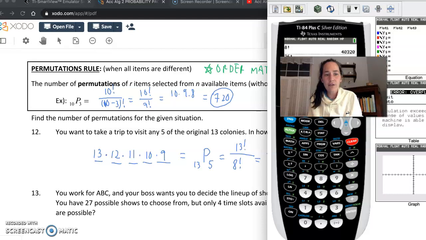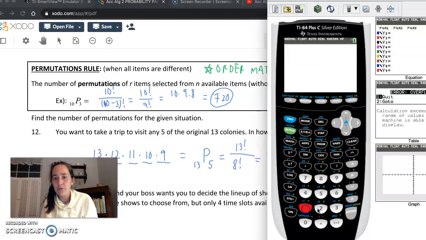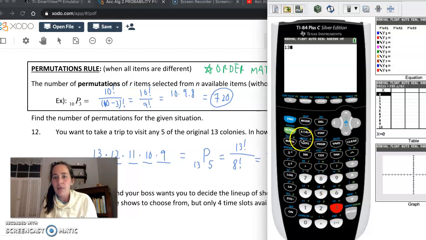On the calculator here, what we'll do is go back to that same menu. I don't know if you noticed it there where we were finding the factorial key. Type in the 13 first. So that's step 1. Let me get a clear screen. I'll just clear everything. And I'll type in 13, the number that you're choosing from. Then I want to go to the same menu, Math and Probability, because that's what we're doing now. And did you see nPr was the second item in that same menu where the factorial was? You'll do 13, it'll say nPr, and then you'll type in a 5 because we want to pick 5 of those 13. Hit enter, you get